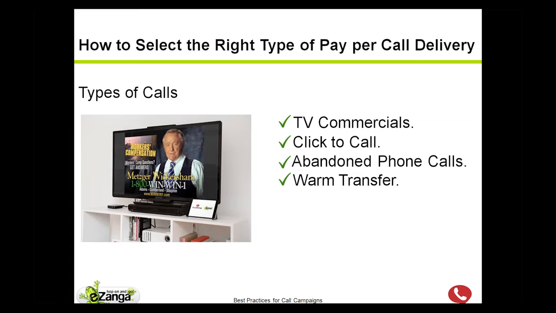And I saved one of the best for last, which is warm transfer. So warm transfer essentially is when someone goes online and fills out a form. A call center contacts them to qualify them a little bit further, and then they get sent on to the client. So essentially, somebody needs auto insurance. They go to a landing page where they fill out a little bit of information about their current status. Call center calls them up and says, hey, I saw that you were looking for auto insurance. That's still something you're looking for? They say yes. Our call center says, great, let me pass you along to somebody who can help you out, and we'll get you set up right away.